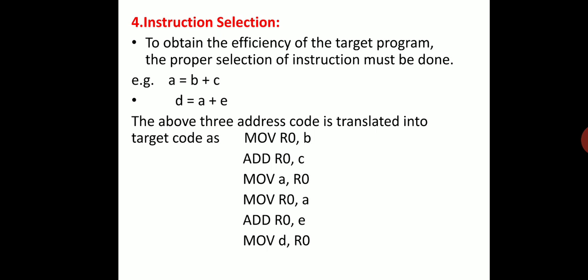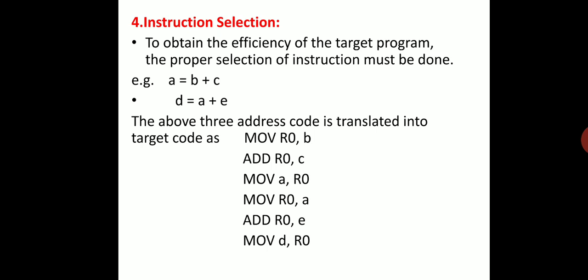Registers play a very important role in getting optimized code, because register operands are faster as compared to memory operands, and very few registers are available. We have to utilize the registers properly. If we are able to execute our expression using a single register, then the rest of the registers we can utilize for other expressions. So proper utilization of registers must be done. Consider register r0 as the only register available. Then how can this 3 address code be translated into the target program, statement by statement? That is given here.